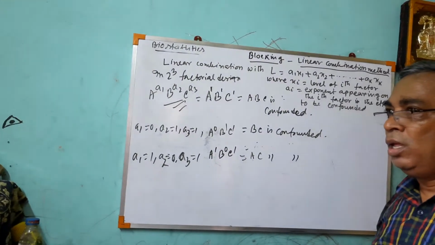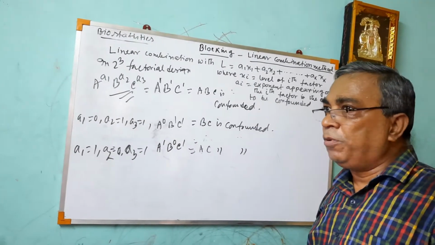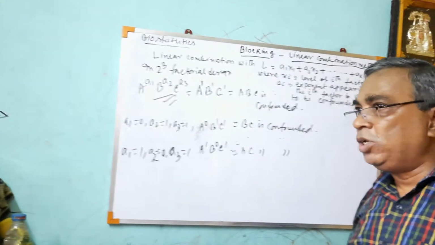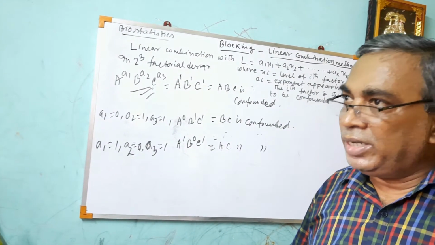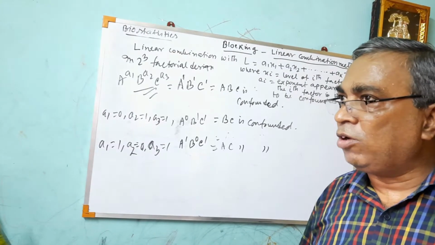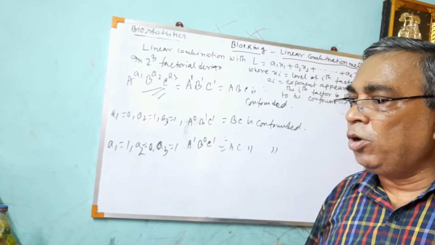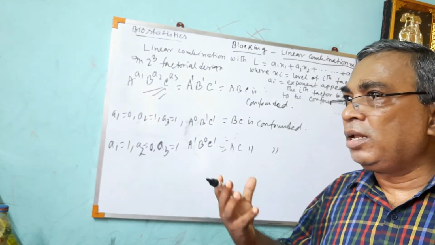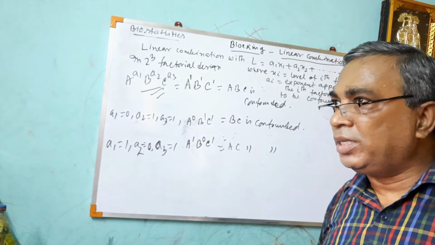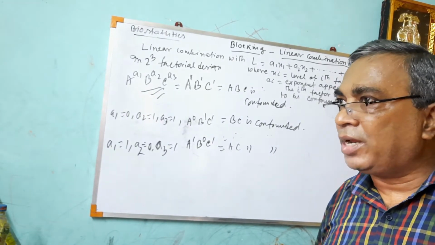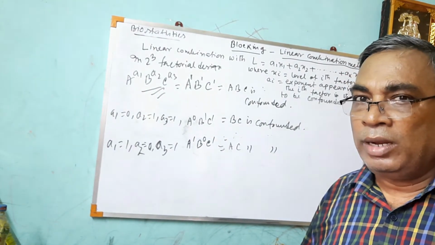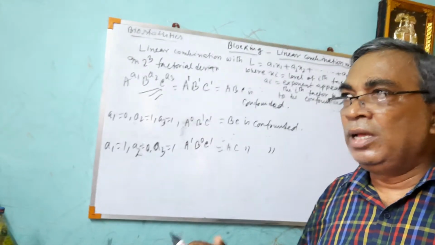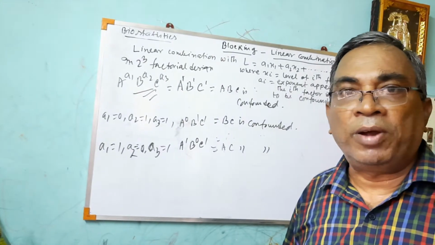Confound means, suppose I give an example. In my previous video, I already discussed confounding. Confounding means, suppose there is a glass of water and some glass balls are there. If I say you have to separate the glass balls from water, then you can separate easily, right? That means water and glass balls are not confounded.